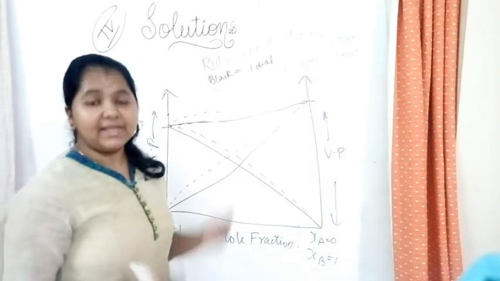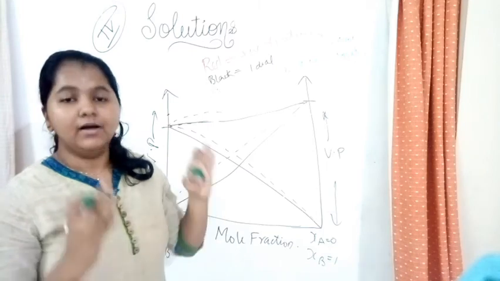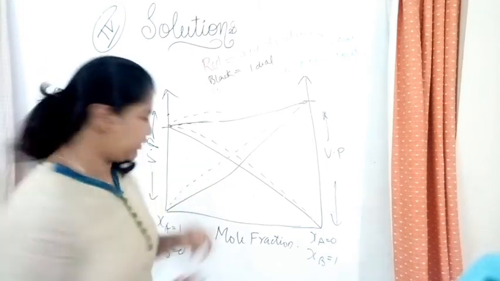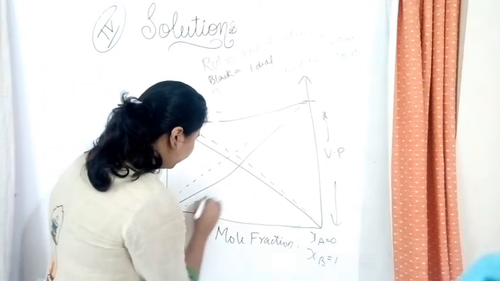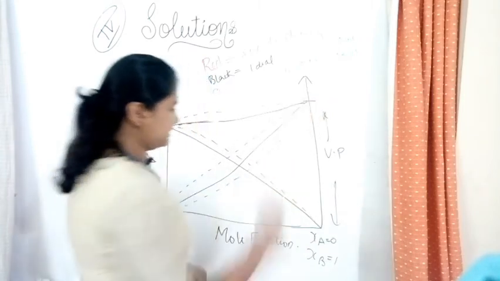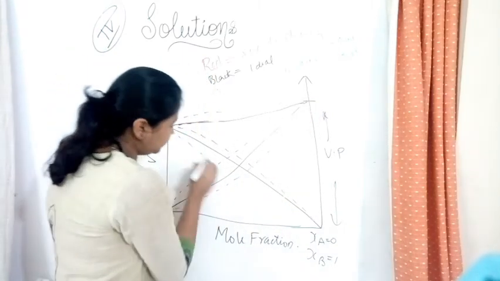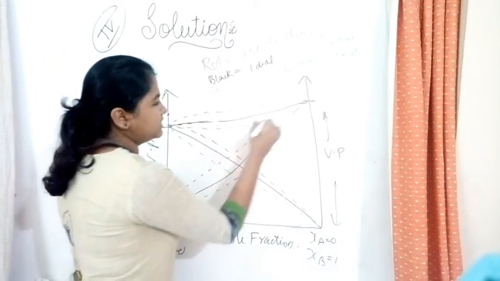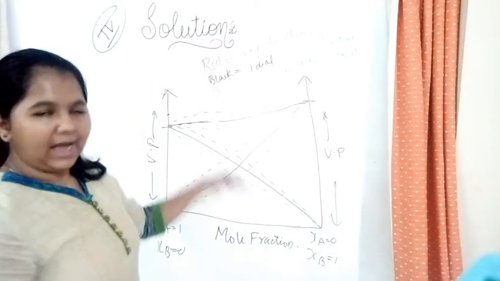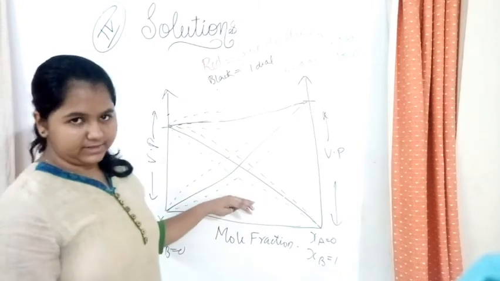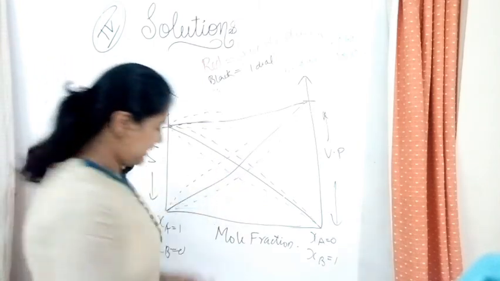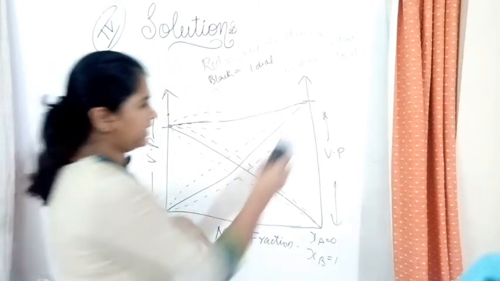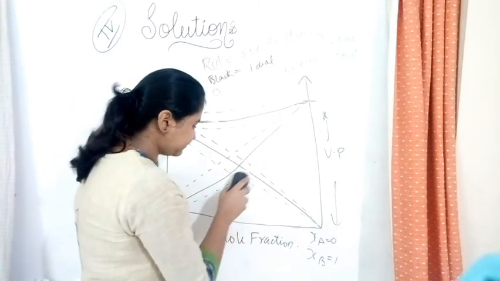So let's see for the negative. What was negative? It will be lower than the calculated value, that calculated by Raoult's law. So what would that be? From here it will go like this. Same way from here also. This is the graph. Total vapor pressure would be like this. I guess this is a confusing graph right now. So let's just make it one by one and I will show you.